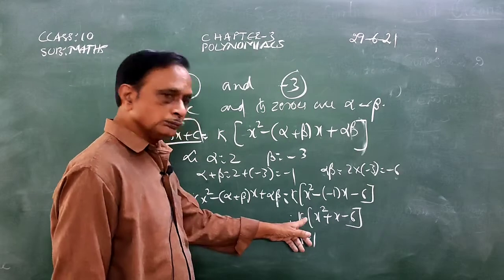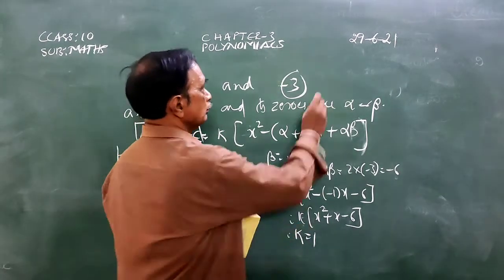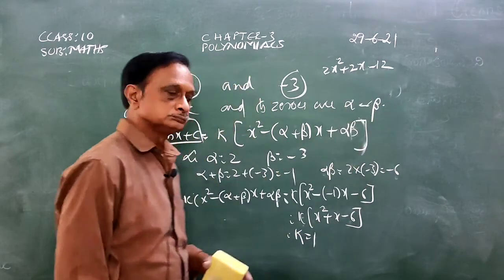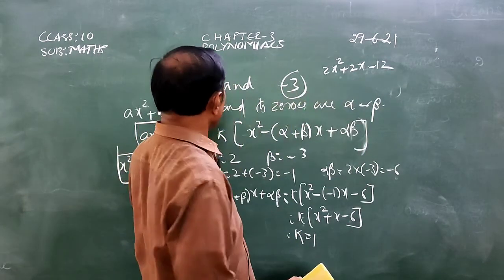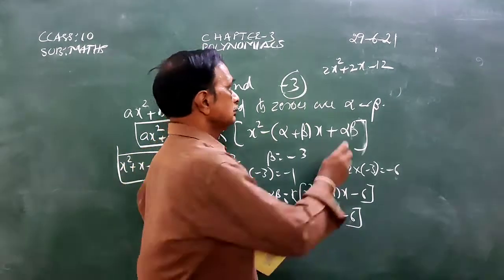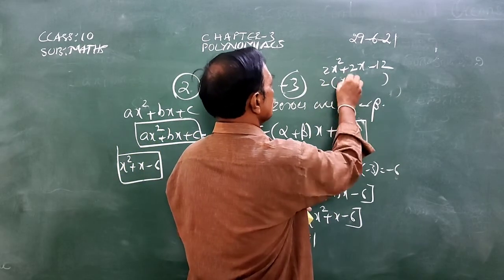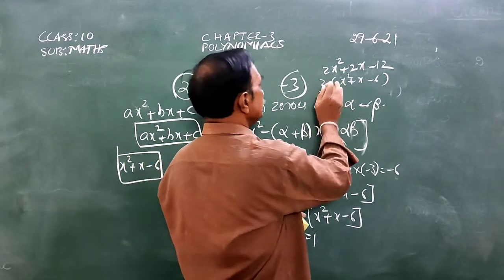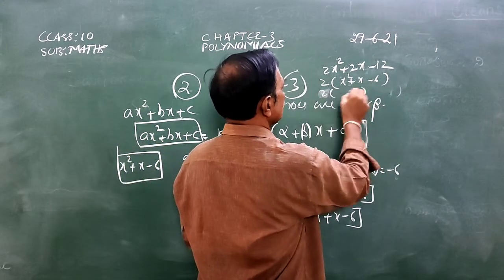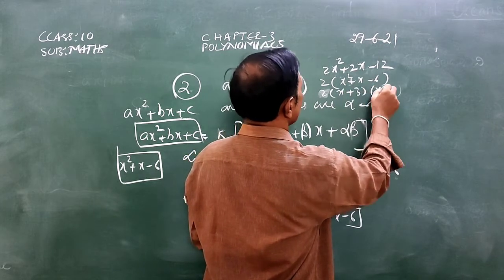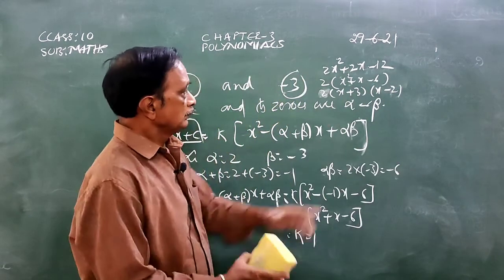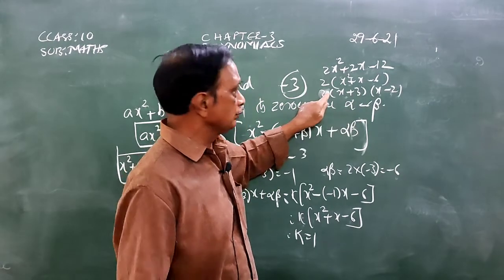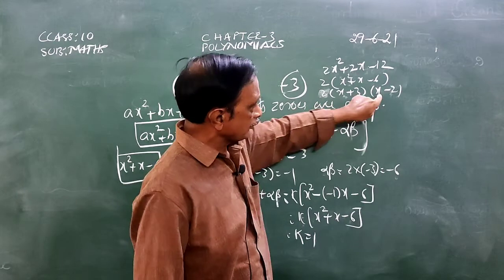Then if you put k equal to 2, you get 2x² + 2x − 12. See whether you get 2 and −3 as the zeros. Yes. 2(x² + x − 6). What are the factors of this? 2(x + 3)(x − 2). Now we have to equate each factor to 0. As 2 is a constant factor, we cannot equate that to 0. We have to equate x + 3 equal to 0 and x − 2 equal to 0.